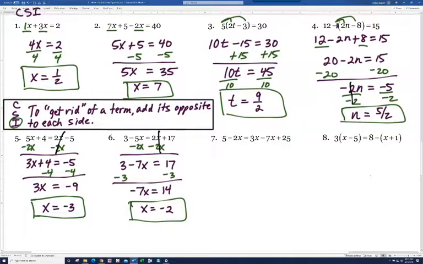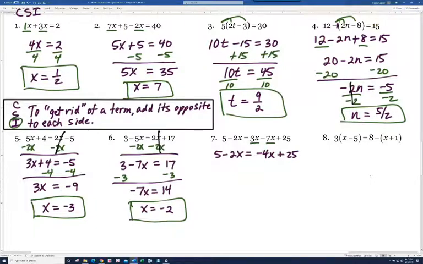All right, number 7. Notice on the right side, I've got a 3x and a -7x. Notice the left side, there's nothing to do there. 3x minus 7x is -4x. And so we get -4x plus 25. And now everything's simplified. We're going to have to get x on one side only. We got it on both sides. Let's go ahead and add